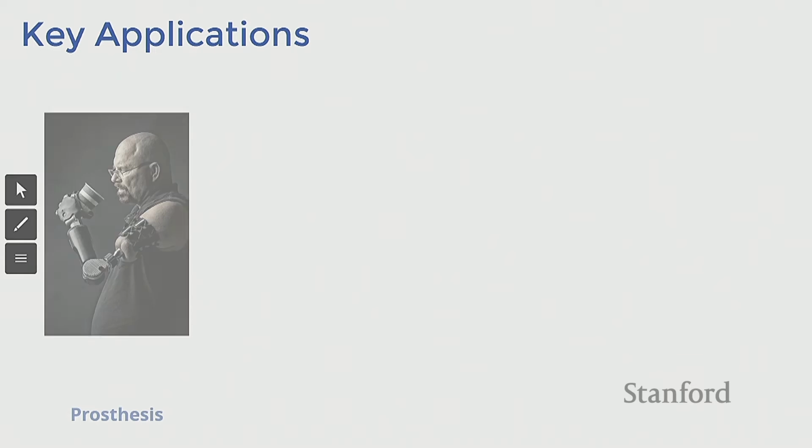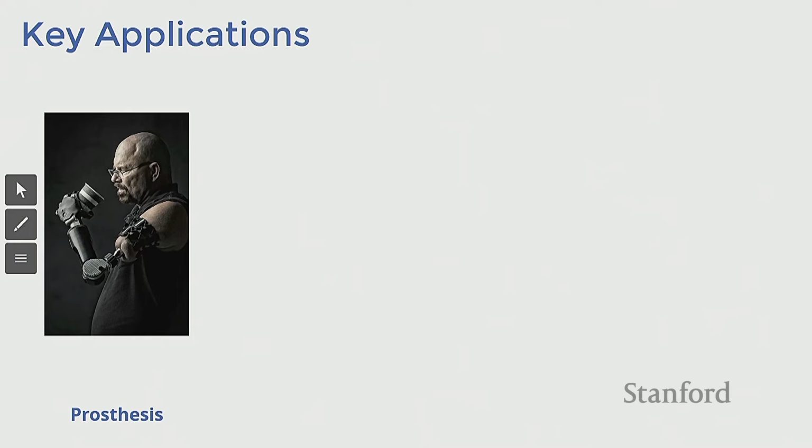So at this point, I will switch over and spend the last 10 minutes talking about applications. I believe that touch is going to have a really important role in a very wide range of applications. And some of the ones that I'm personally most interested in include things like prosthesis. If we are able to sense touch, we can give people that lost their limbs the capability back of being able to sense the world around them, being able to grasp objects better, being able to walk more stably on different surfaces, and so on. And I think that this is already worth it just for this.